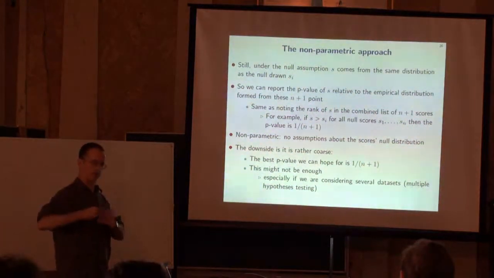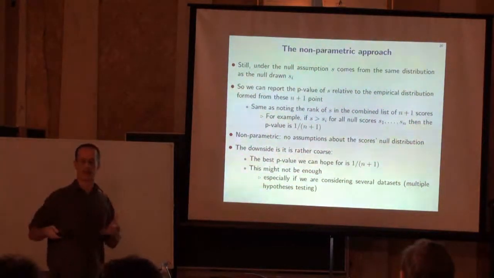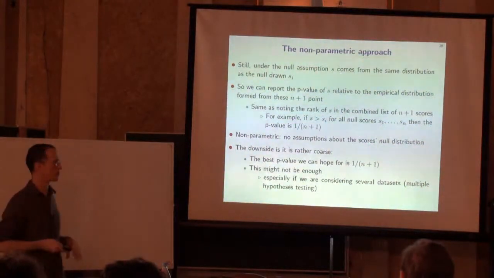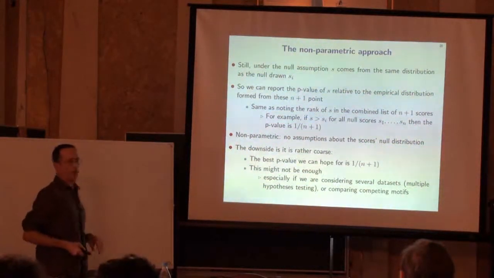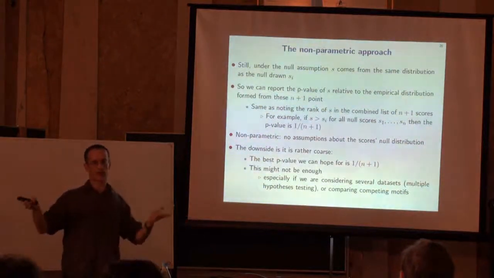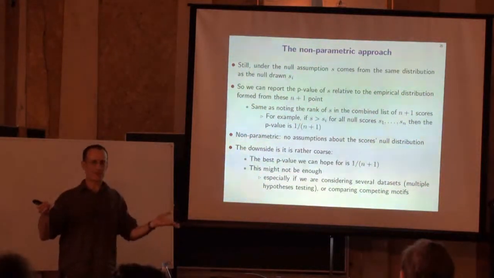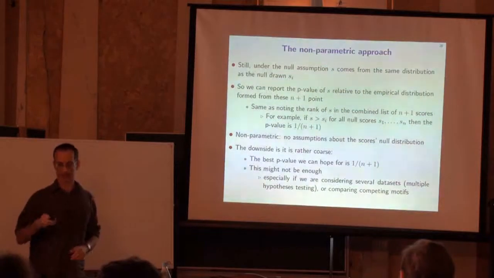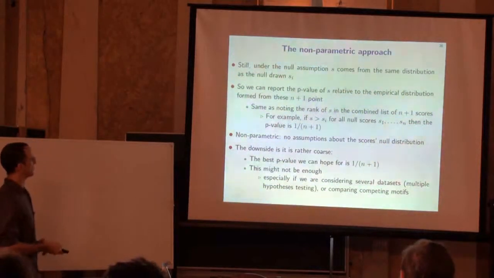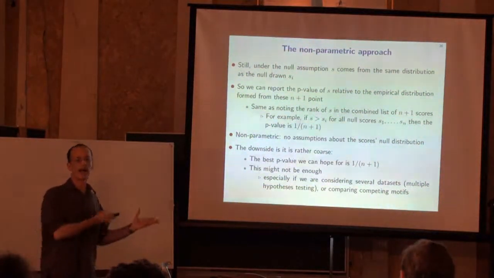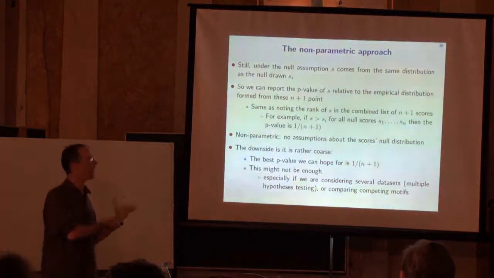So we would like to get a little bit more than a p-value of 0.02 essentially. Or if we're comparing competing motifs, looking for the best one, 0.02 doesn't allow you to work with much. There's no flexibility there. So, okay, but we're stuck with that. That's what we can do unless